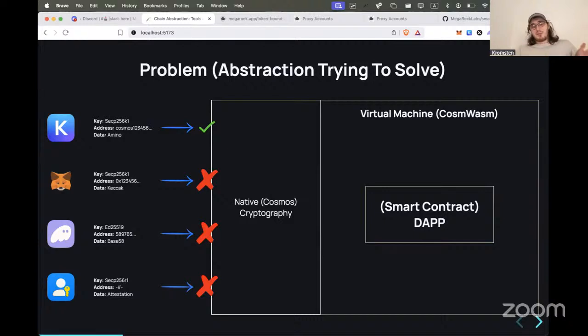And also, I'm going to go over later why it's probably not the best idea to always rely on a chain team to handle everything for you, because a quick recap is that there's a lot of new types of authentication algorithms coming up all the time. For example, there are Bitcoin wallets now that, with ordinals and everything, got a huge boom. So yeah, how are we trying to solve it?